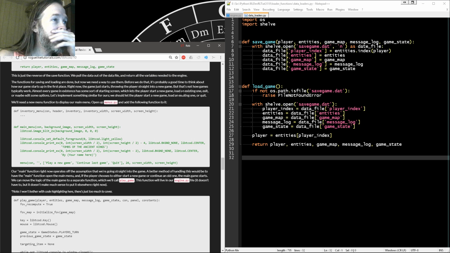Functions for saving and loading are done, but we need a way to use them. Probably a good idea to think about how our game starts up in the first place. Right now, the game just starts, throwing the player into a new game. That's not how games typically work. Most every game in existence has some sort of starting screen, which lets the player start a new game,